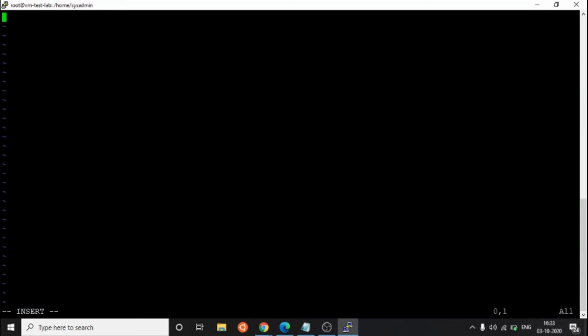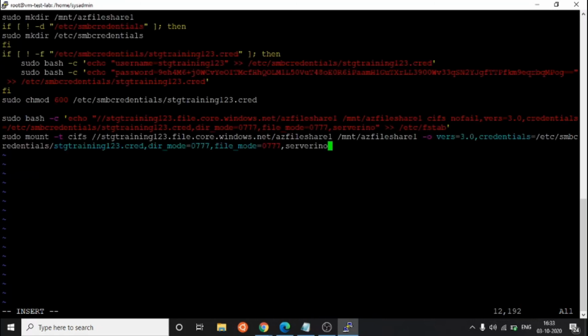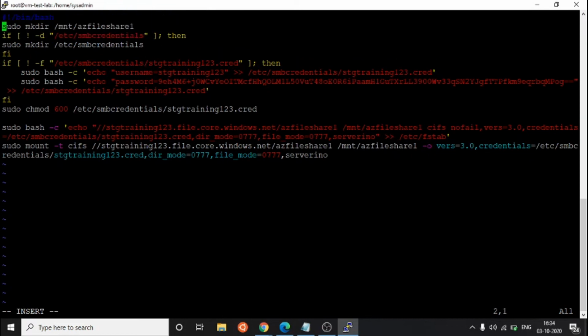Just copy and paste that script, and to make it a script we need to enter the shebang, slash bin slash bash. Everything else is the same, no issue.